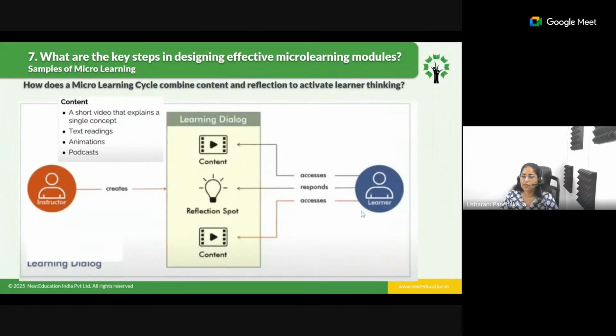Now, before even going to this, let me show you some videos of how the micro learning is. I'll be showing some videos. You yourself can say whether this is a micro or a nano learning or a traditional method. Right now, this is one which I'm going to showcase on grade 8. I have taken the topic.